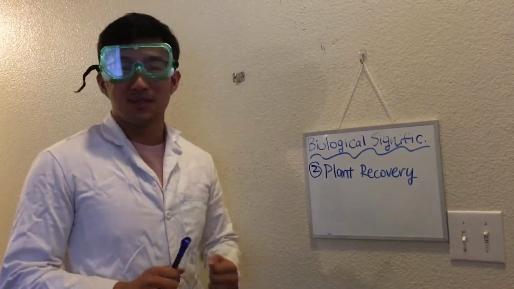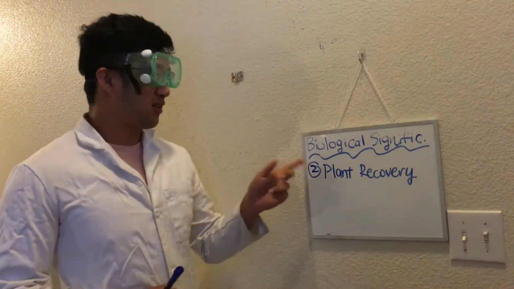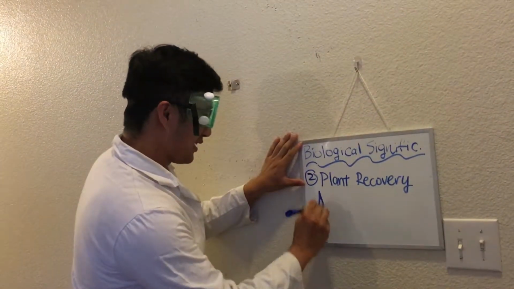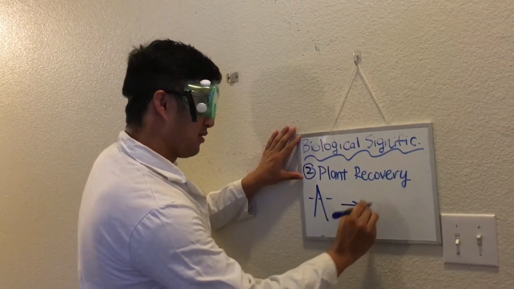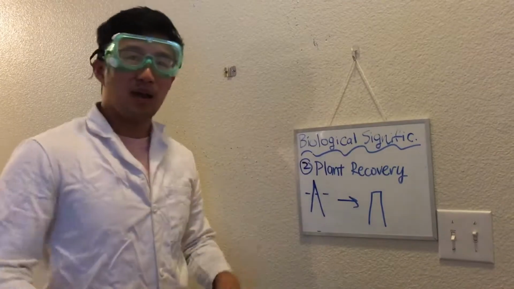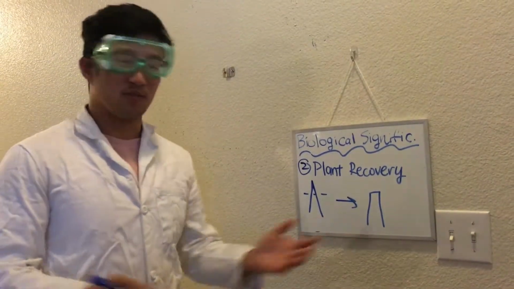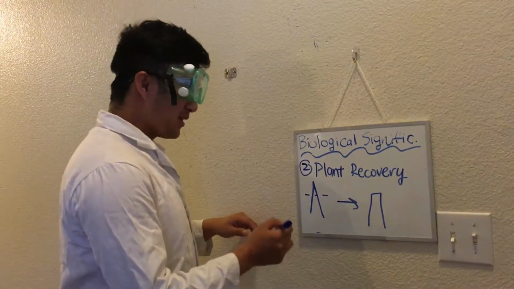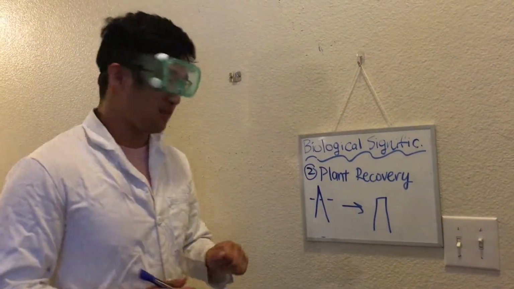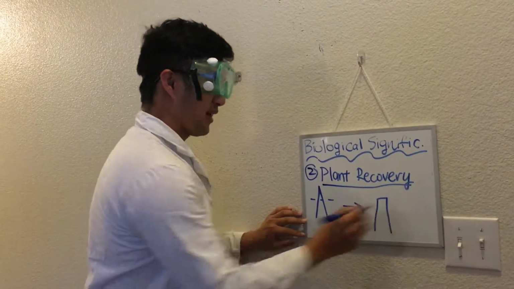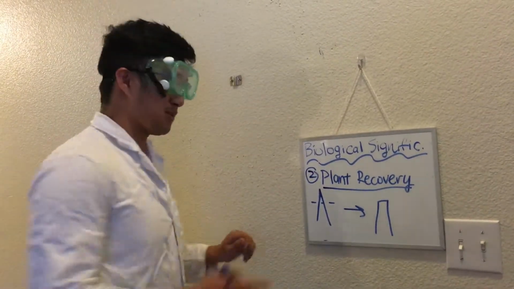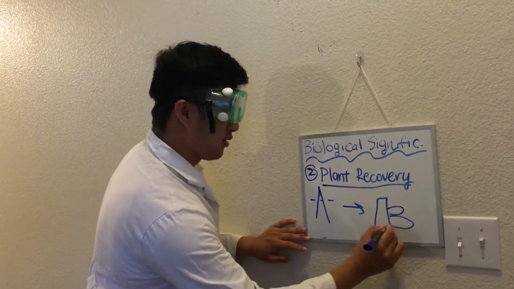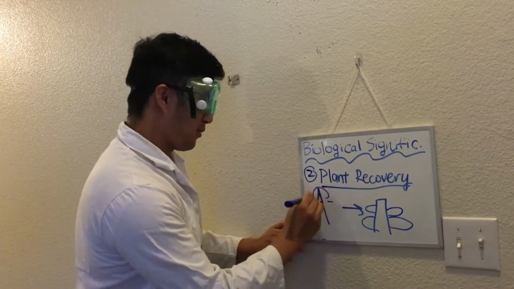Hi everyone, welcome to episode 3 of Plant Biology. We're going to talk about another significance of apical dominance. So when a plant is decapitated, what happens? Does it die out? Does it just shrivel up and become organic matter for soil? No. What happens is that the plant is still able to complete their life cycle because of this factor, plant recovery. So apical dominance helps with plant recovery by ensuring that the plant has horizontal growth even when the shoot